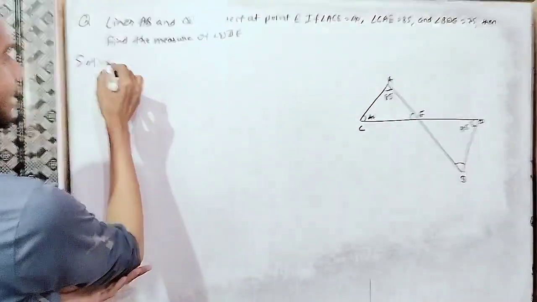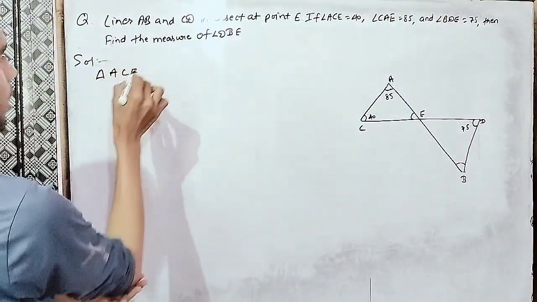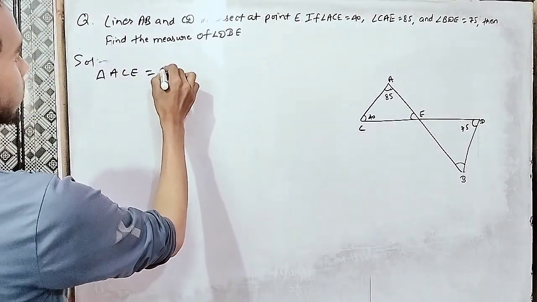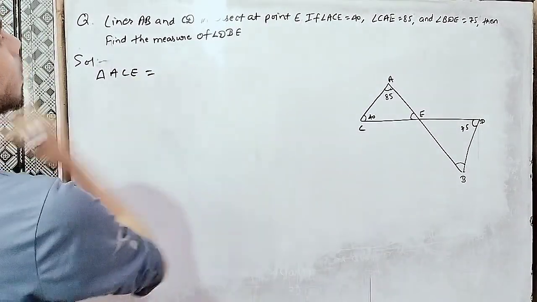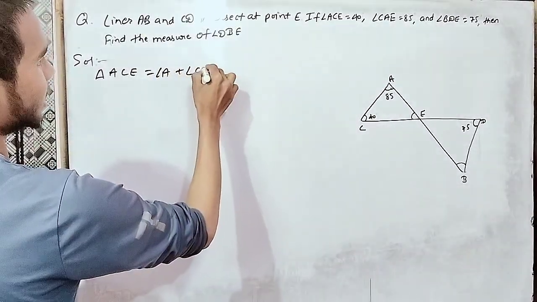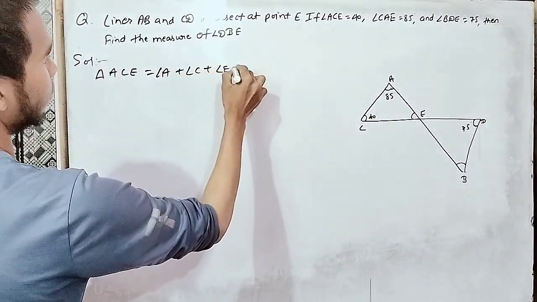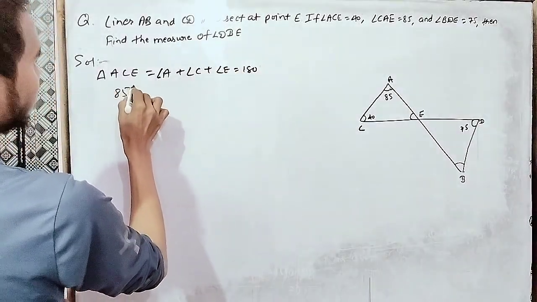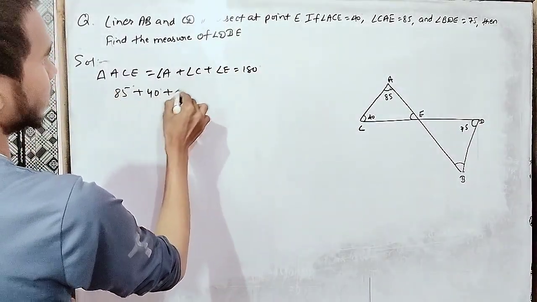We can easily write, ACE is a triangle, which means angle A and angle C and angle E would be 180 degrees. So 85 and then 40, we don't know